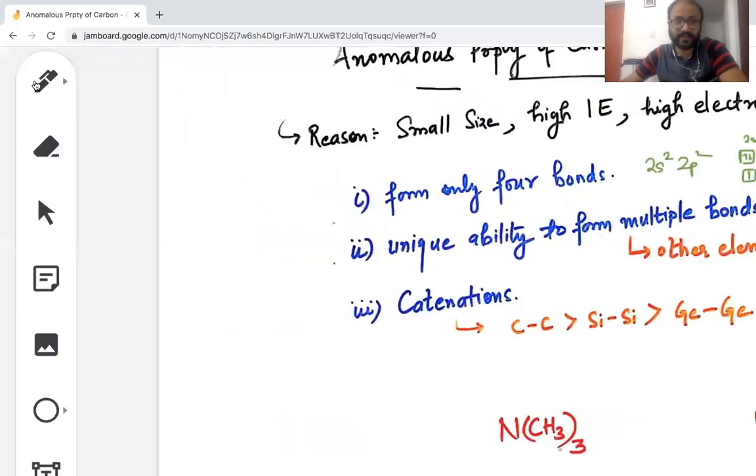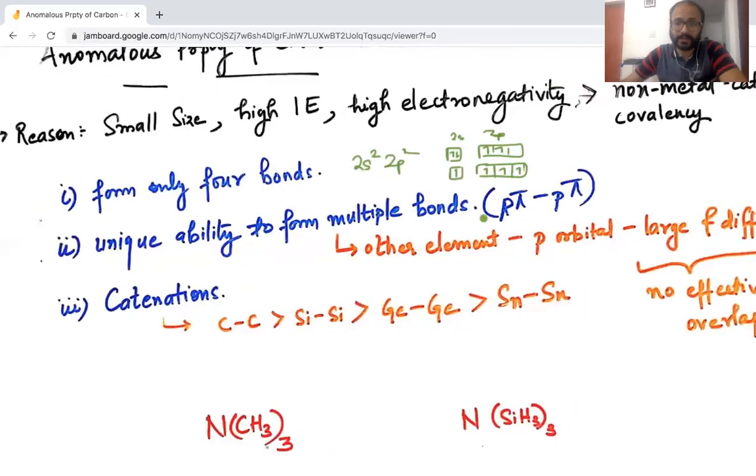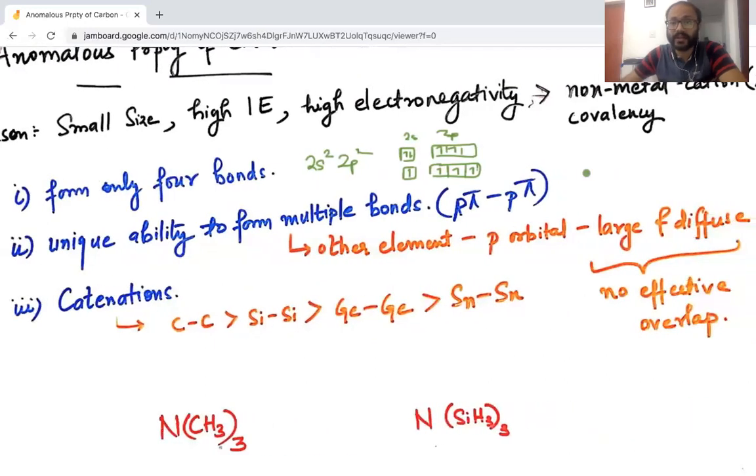Okay, this is a very, very important property that carbon shows. Because of this, you will have multiple bonds, like the alkene. You also have alkyne formation, and you will have carbonyl compounds. You also have imine compounds, where you have doubly bonded nitrogen. You also have carbon sulfides having a double bond, and these multiple bonds carbon can form very easily because